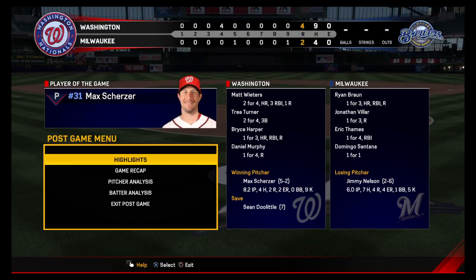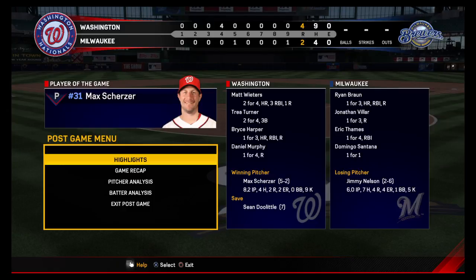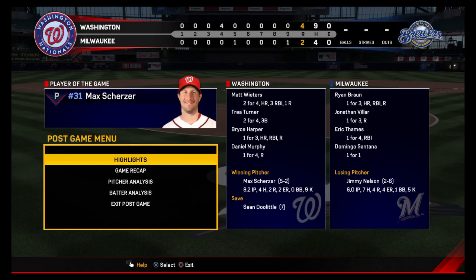The final line score for our ball game this afternoon. For the victorious Washington Nationals, 4 runs on 9 hits. No errors. They left 7 men on base. For the Brewers, 2 runs on 4 hits. No errors. They left 2 men on base. Time of the ball game,